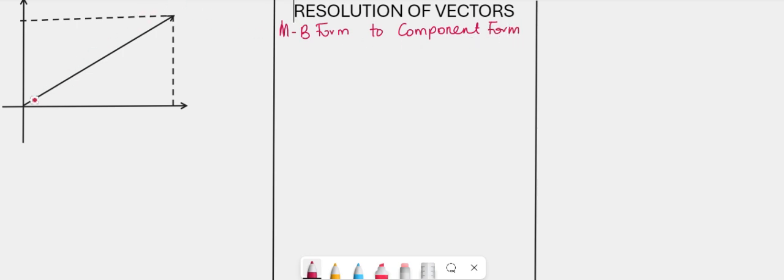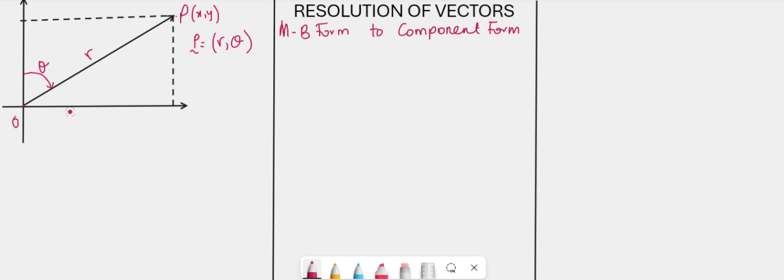Now if we have a vector OP with the coordinates x, y, in magnitude bearing form, this vector will be given by r theta, where r is the magnitude of the vector and theta is the bearing of the vector. R will be given by the length of the vector, and that will be the length of the hypotenuse here, and theta will be the angle measured from the north